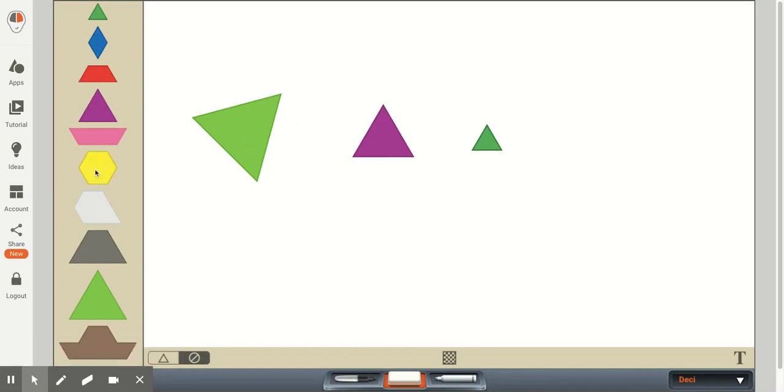Pulling out another shape, this shape is a hexagon because it has six straight sides. That would be one of its defining attributes. It's yellow, but that's just one of its non-defining attributes. Also, let me change its orientation. This still is a hexagon. It has six straight sides. So this hexagon could be larger or it could be a different color, but it's still a hexagon.